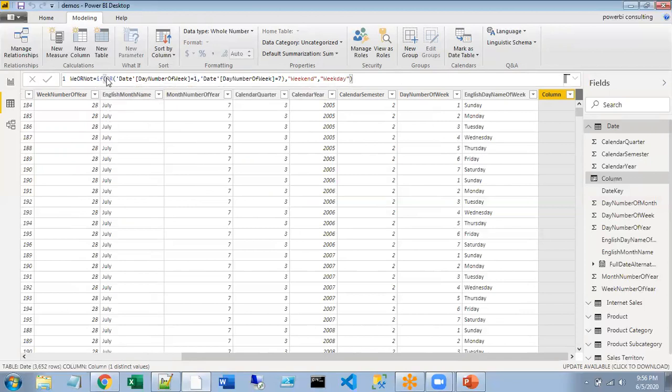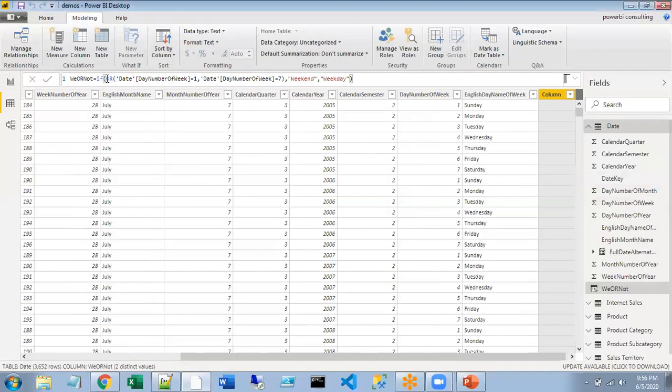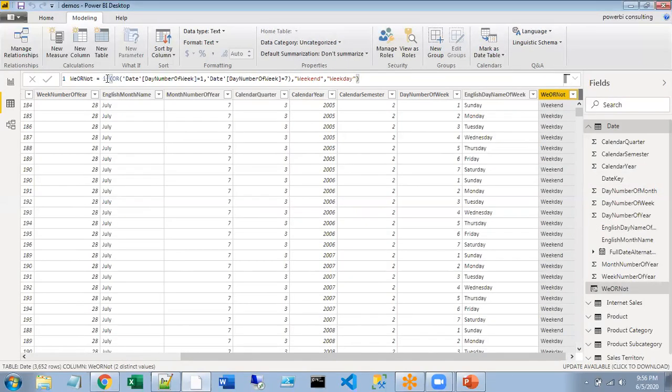This is the simple expression for calculating whether a particular day is a weekday or weekend.